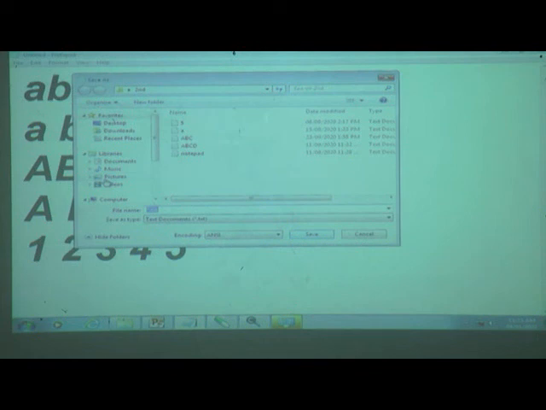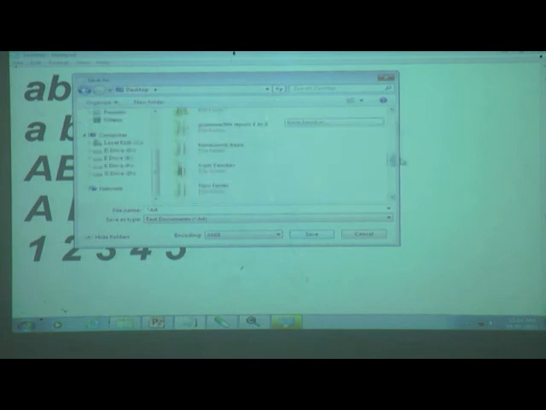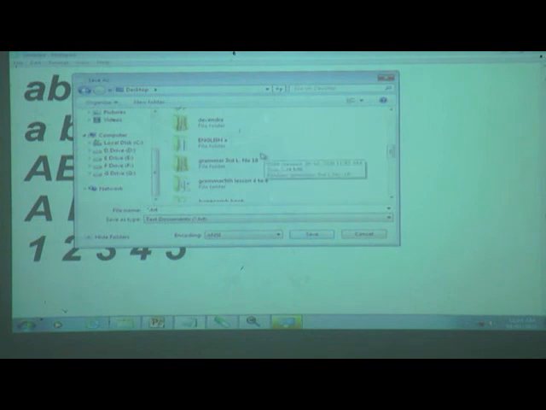If you don't have the folder, then you can save on the drive also, but we will save here on the desktop. Then select the desktop where you want to save. If you have a folder, then you can select the folder from here. But here you don't have your special folder.